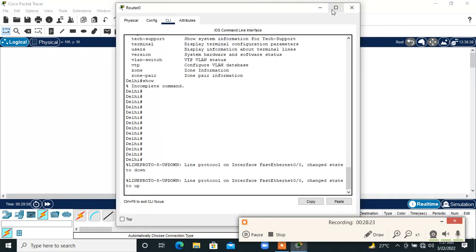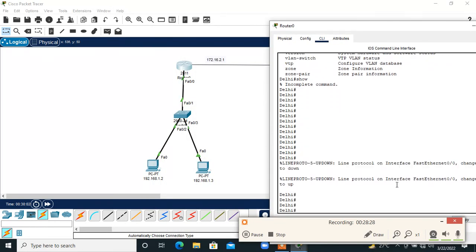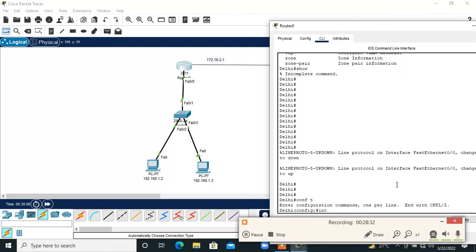Right. So let me just try to save it. Configure terminal, interface loopback. Guys, we create the loopback like this,